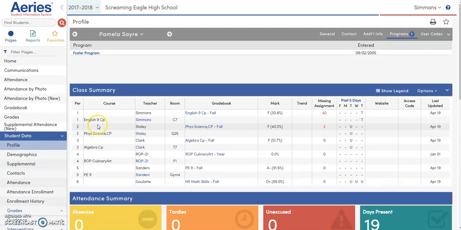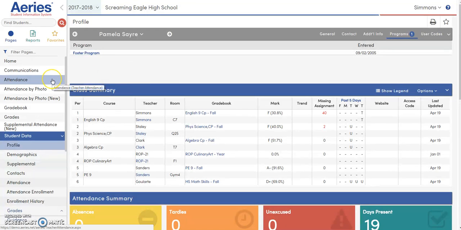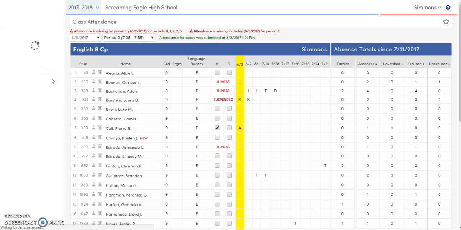I see her grades as well, but underneath her name, it automatically takes me to the Programs tab, and that's where I see what the C designation stands for. It means that she's in a special program, which is the foster program. Okay. So going back,